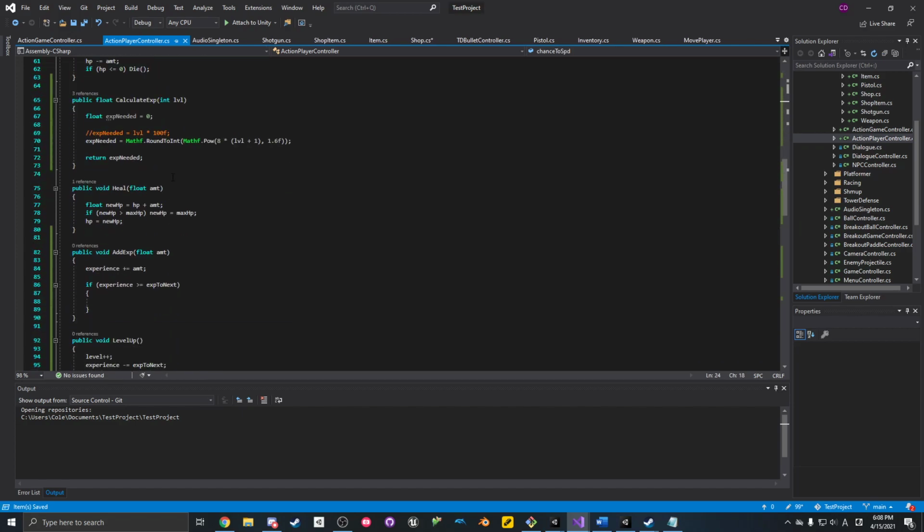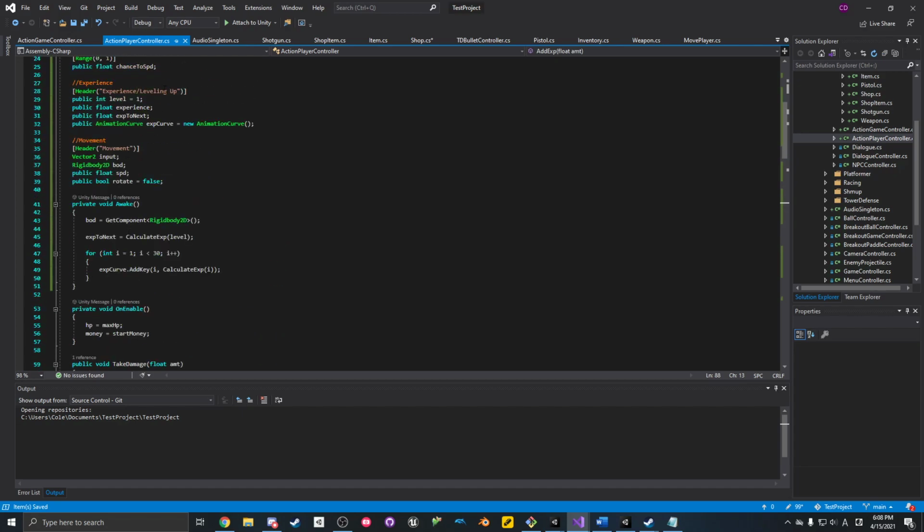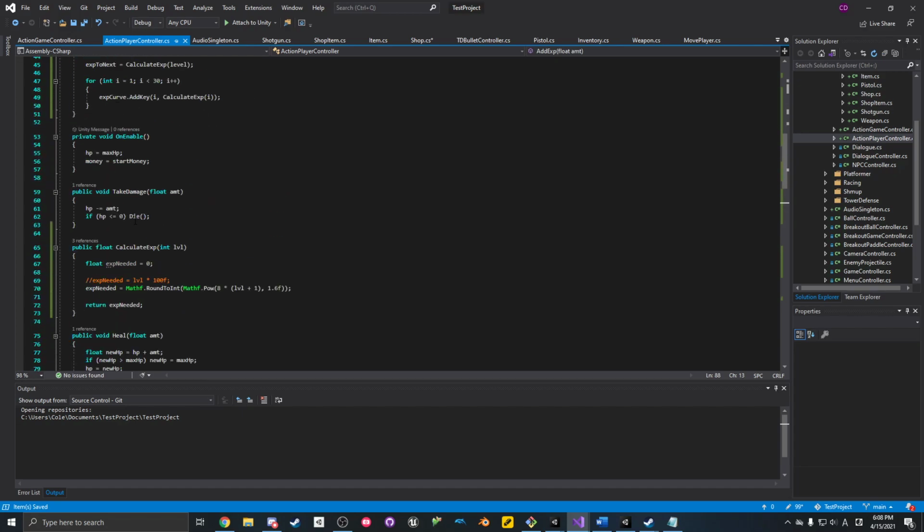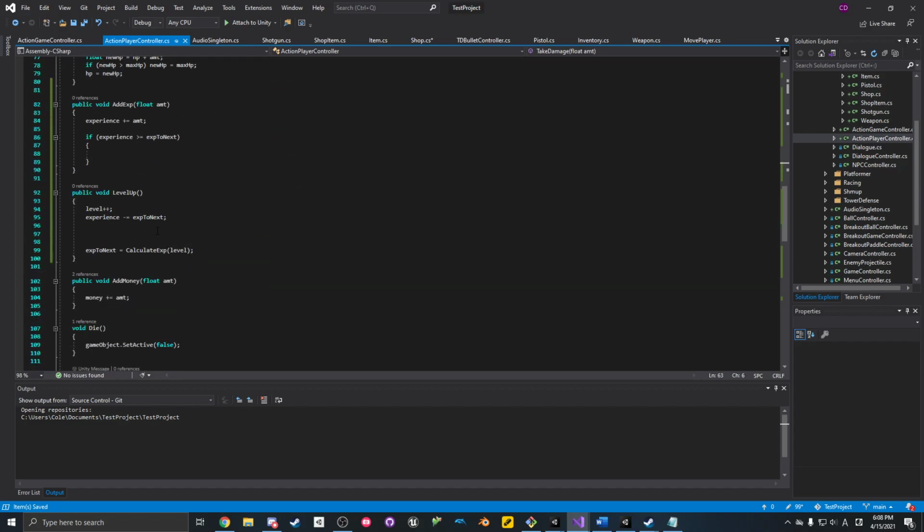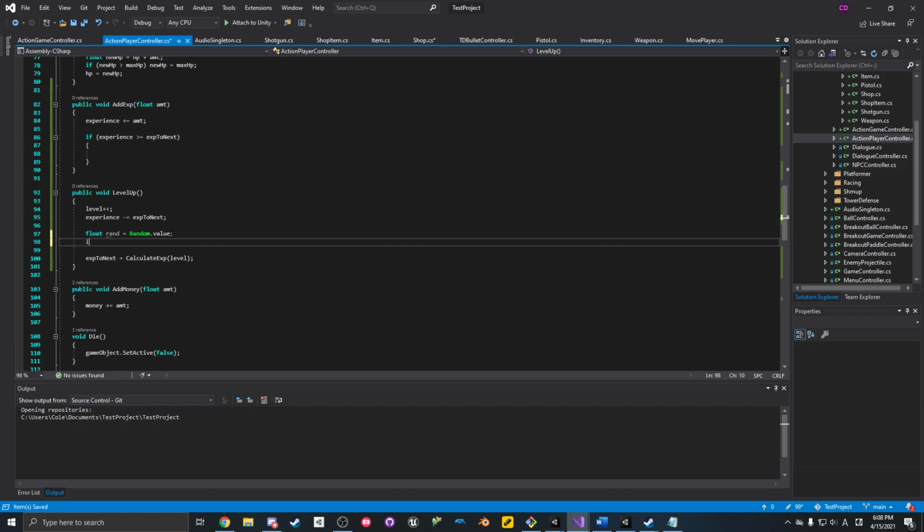And then I'll just roll a dice, and if it's less than a certain amount, then I'll do that one. So where's level up? There we go. I'll do float rand equals random dot value, which is a number between 0 and 1. I'll do if rand is less than or equal to,